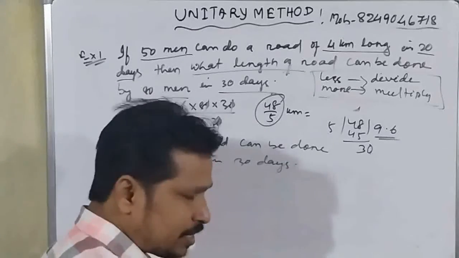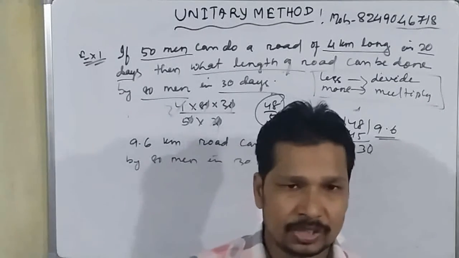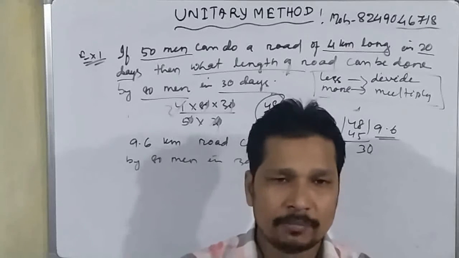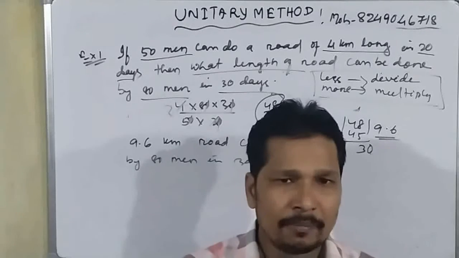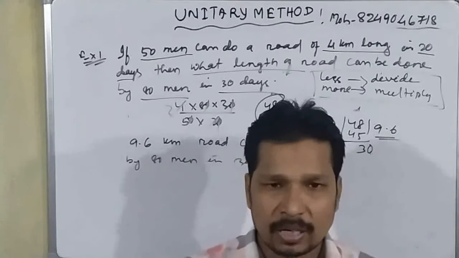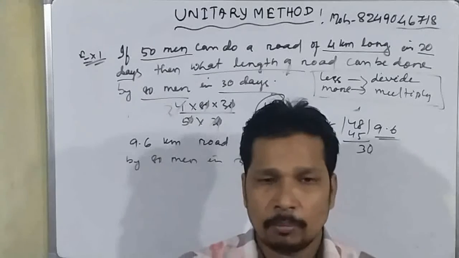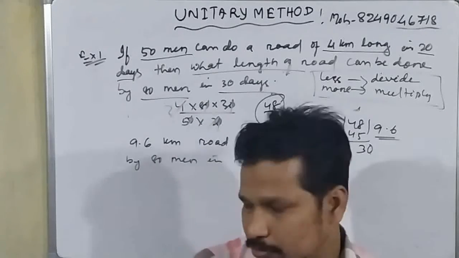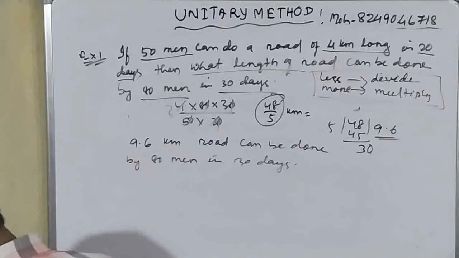Very simple thing, students. Only the direct variation problem will come in your examinations in class 7. We do not have to write indirect variations. Only we have to know what indirect variations are and some examples of indirect variations. But we will do the problems belonging to direct variations. Okay, student. So let's do some other questions.